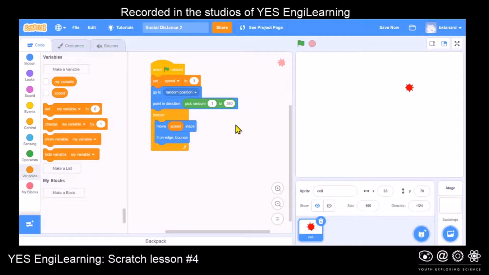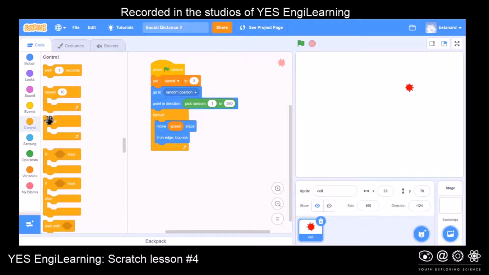Okay, let's take our next step. I need more than one cell. So how do I create multiple cells? Well, I could do it the same way that I created multiple sprites, multiple costumes. I could right-click on this, and I could duplicate it, but I would have to do that lots and lots and lots of times, and that would really take up an awful lot of time, and it's sort of messy, but there's a really easy way to do it, and that is to come over here to Control, and if you scroll down,